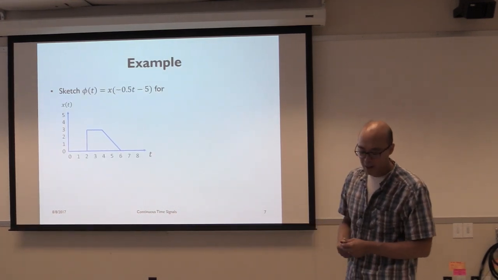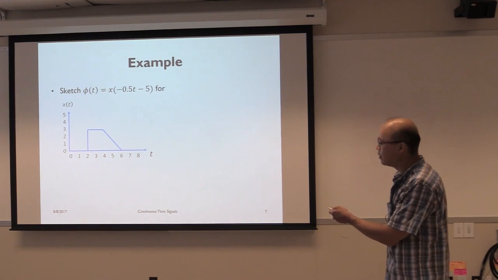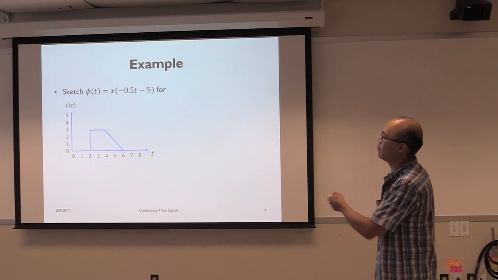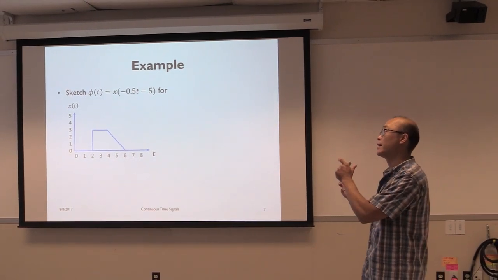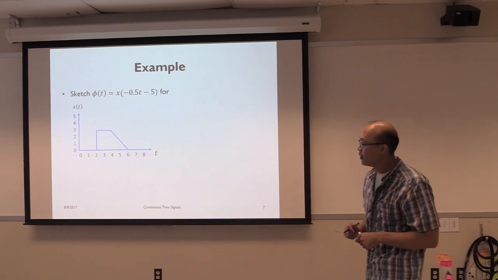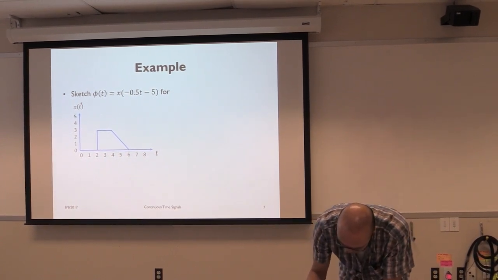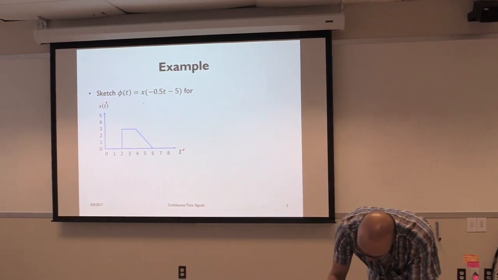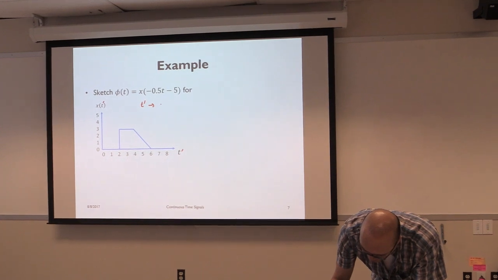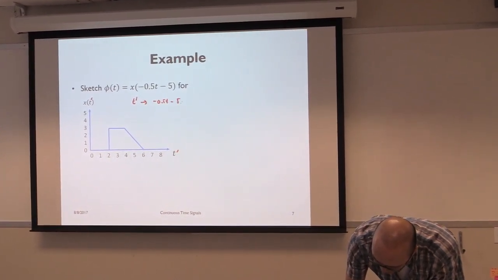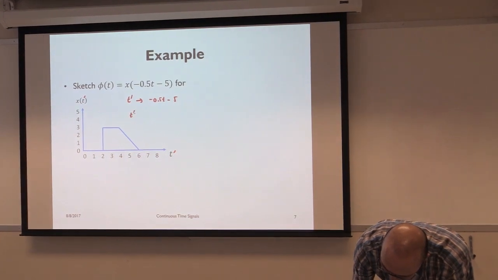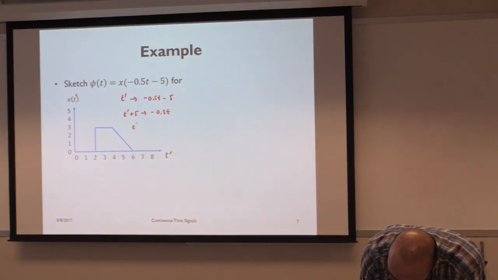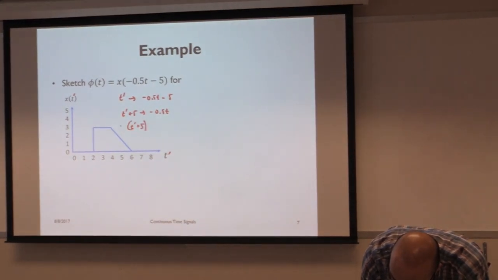So let's look at one final example. I want to sketch phi of t, where in this case x of t is shown over here, and phi of t is x of minus a half of t minus 5. So in fact, I'm doing time reversal as well as a shift. So again, we start as before. Let's define this as t prime. And what I want to look at is a mapping between t prime and t. So in this case, t prime is going to map to minus 0.5 t minus 5, or effectively, I'm going to have t prime plus 5 maps with minus 0.5 t, or t prime plus 5 times minus 2 is